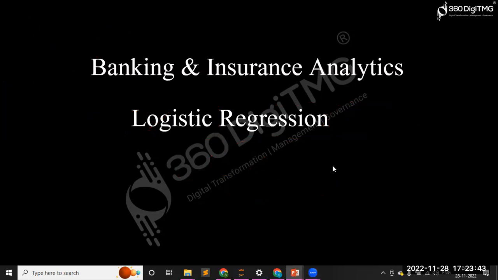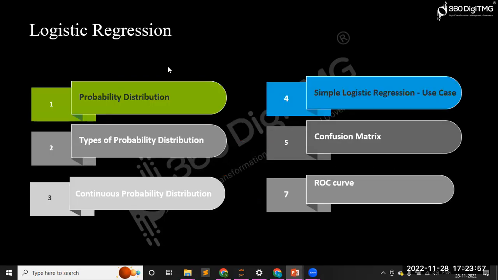In today's session, all these things we will be discussing. And at the end of the session, we will be taking one use case scenario with respect to the banking and insurance domain, and we'll see how logistic regression can be applied in a real-time scenario. So before that, we have,